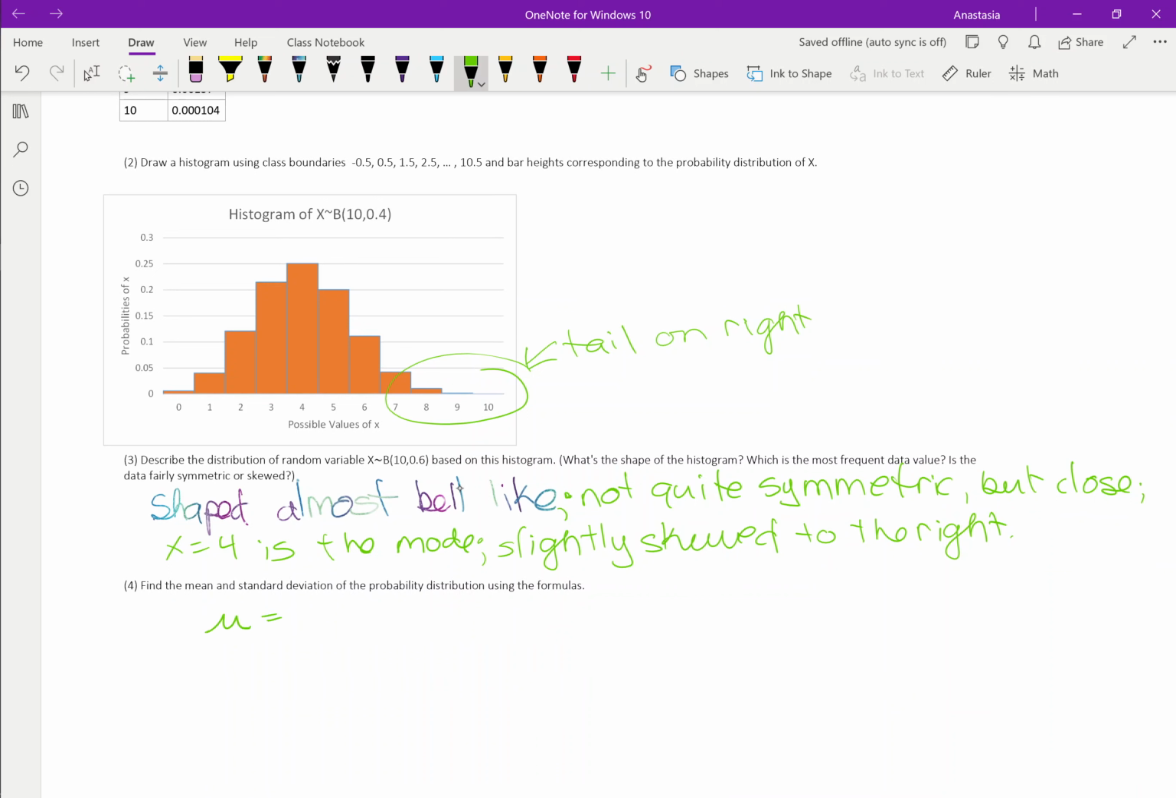Well, the mean is just n times p, so that's 10 times 0.4 which is equal to 4, which notice is the same thing as the mode, or the most frequent data value. And then the standard deviation is the square root of n times p times q, which is the square root of 10 times 0.4 times 0.6, and that gives us a value of 1.549. And that is it for this example, which also wraps up our discussion of the binomial distribution in section